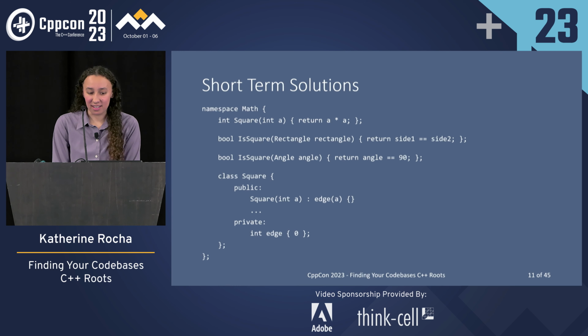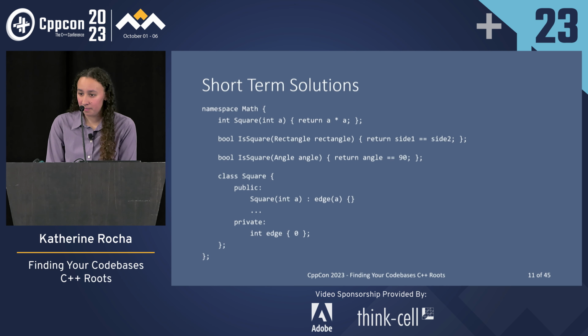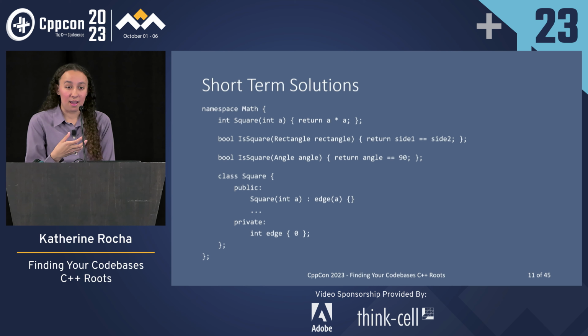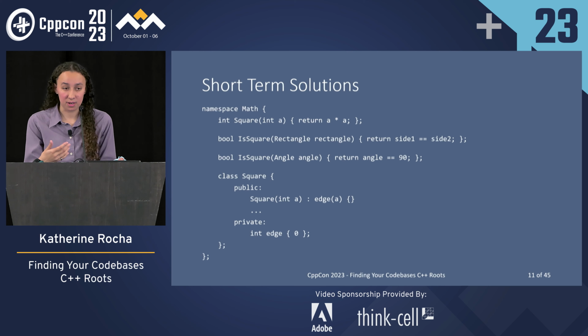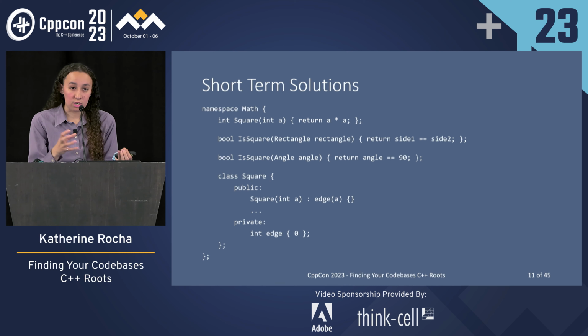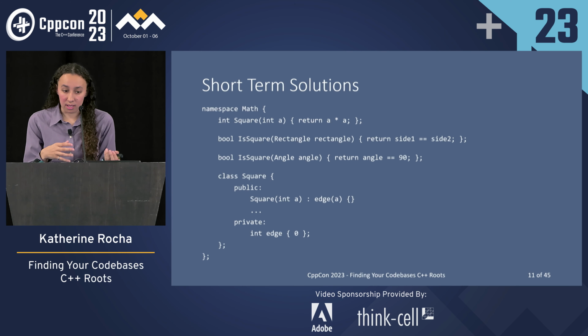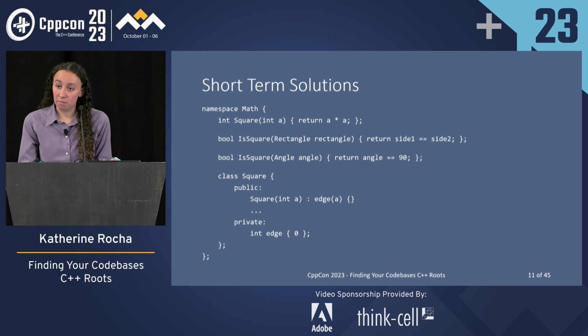So how are we going to end up dealing with this issue? Well, we'll probably end up looking at the context clues, and we're really lucky because we have IDEs that allow us to jump backwards and figure out, okay, this is the function that's being called here, and this is why we're doing the things that we're doing. But when we're looking at our code, it becomes really hard to figure out what the actual intention is versus what we're actually ending up doing. And so this can be really difficult to understand and figure out. So we're going to use context clues in the short term, and then in the long term, we're going to need to figure out a better solution because this isn't really viable long term.